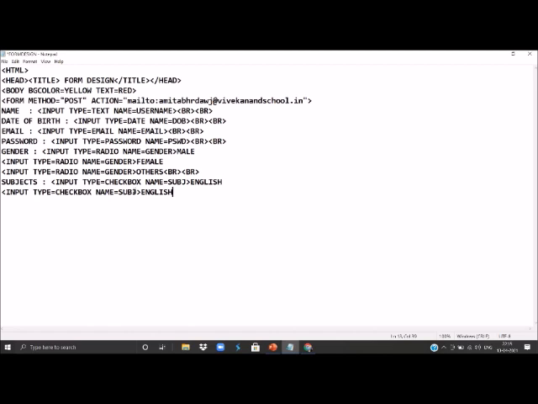Name property should be same. If here I have used SUBJ, then for all the options we'll have to use SUBJ only. Here we can give the other subject as Hindi, then another subject as, say, math, then another subject as physics,